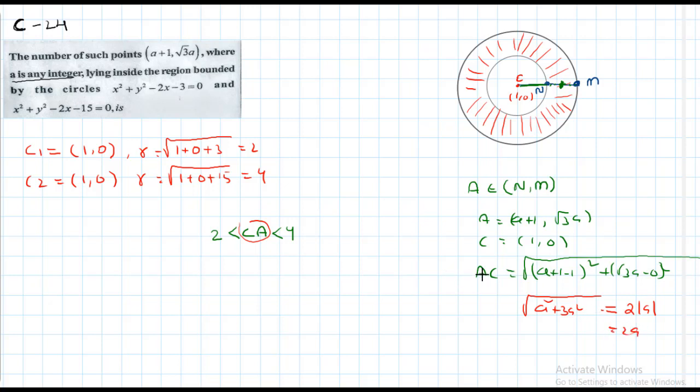So the value of CA equals 2a, means 2a is lesser than 4. So 1 less than a less than 2. Now we want to identify how many integers are there between 1 and 2. There is no integer between 1 and 2. Okay, therefore what is the question? The number of such points means no points. No such points exist. No integers exist from 1 to 2. No such point exists, means I can say the answer is 0. Integer type question, so you can write 0.